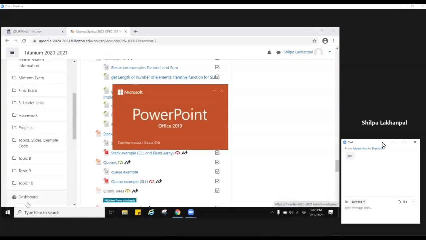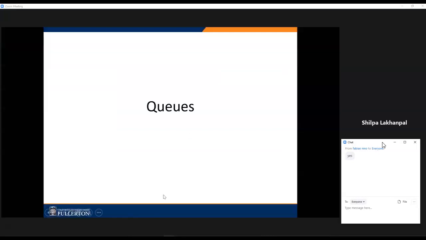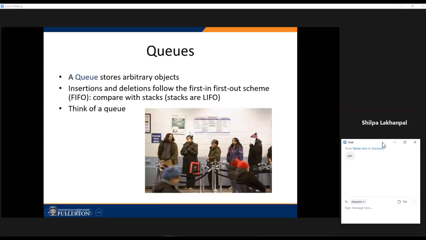The queue is, I would not say it's a direct opposite to a stack, but part of it is a little bit opposite to the stack. We will see in just a bit what exactly a queue is. It's easier to understand a queue because we have seen this in various real life situations. When we are standing in a line for a bus or in a grocery checkout lane or in a queue in a bank or anywhere, mostly, you see a queue of people, right? Waiting in line for their turn to come.